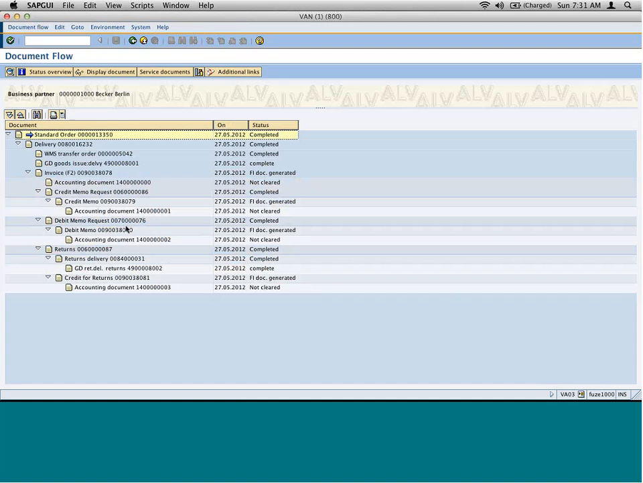First, we created an order, and then your delivery and billing. After which there were some pricing discrepancies, because of which we created either a credit memo or a debit memo, depending on whatever is the requirement. And then the product did not work, so we did a return, for which we do a return delivery and then a return for goods. Now if you look at this accounting document,